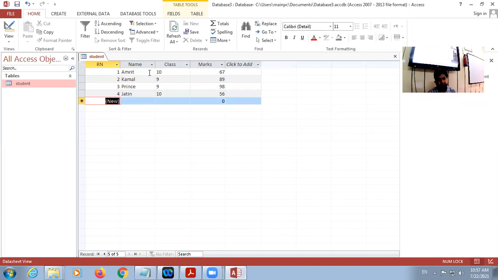So we have entered 4 records, and here we have 4 columns. Columns are also called attributes, and rows are also called records.